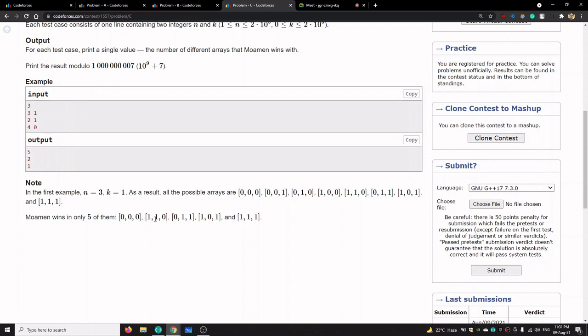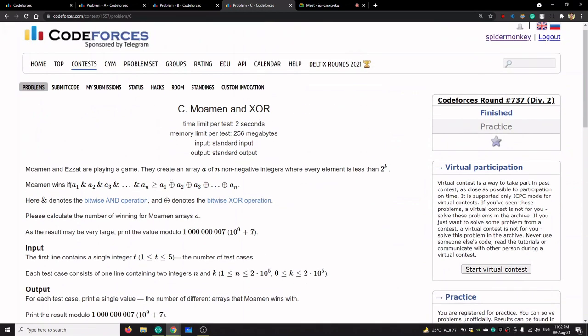So these two are equal. In this case, if we take AND, it would be 0, and OR would also be 0, and XOR would also be 0. Similarly with this case, and in the final case, if we take AND of all three ones, then we will get 1, and if we take XOR of all three ones, then we will again get 1 because the number of 1s is odd in this case. So these are the possible combinations in which the AND is greater than or equal to XOR.